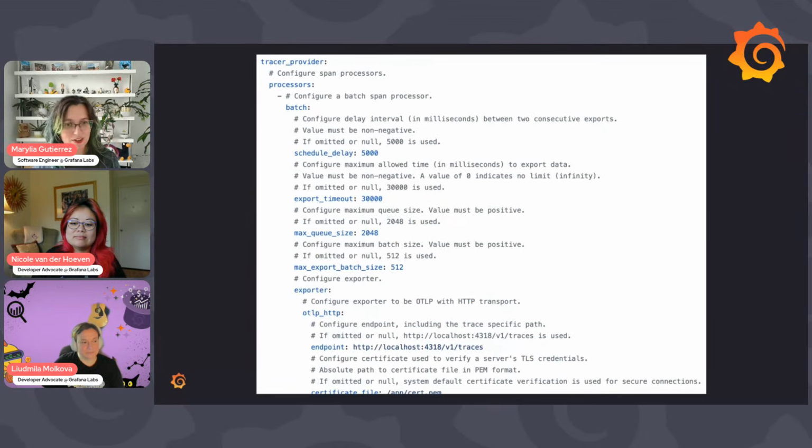And then here is another example, you can see there's a lot of information we can put there. So processor, like the batch one. I also wanted to say that Marylia has a blog post that she wrote with a few other people on this topic, and I just put the link in the comments as well, and in the description, if you want to check that out. Awesome. Sorry to interrupt. No, not at all. Yeah, we just posted this week. I mentioned it's a very recent thing, and in Java it is now working, and a release was done on Friday, so it's a very fresh thing.